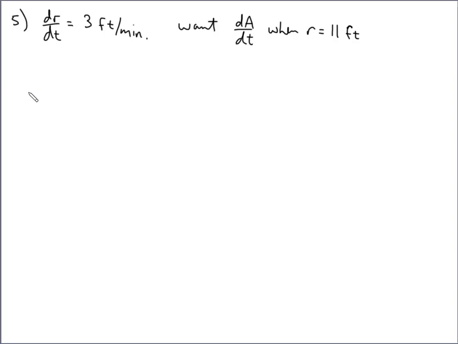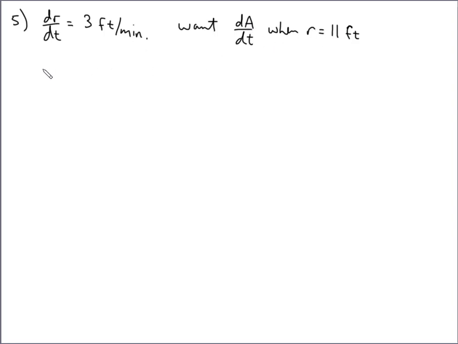Looking at problem 5 from the worksheet for 6.5. So we're told that a stone is thrown into a pond. The ripples travel outward in this fashion so that the radius of the circles increases at a rate of 3 feet per minute. We're asked to figure out the rate at which the area is changing when the radius is